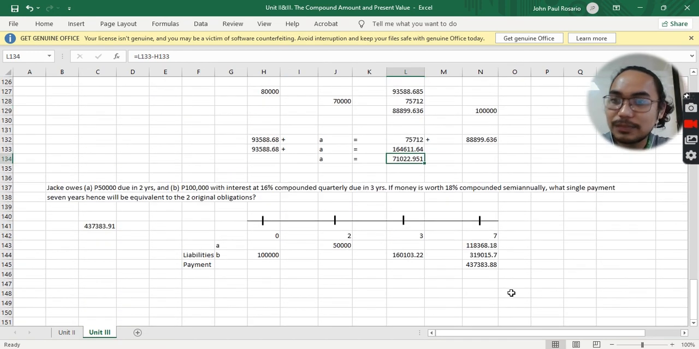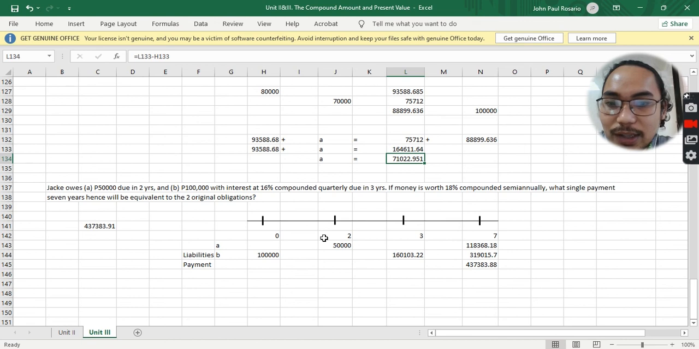Last example. Jack owes 50,000 due in 2 years and 100,000 with interest of 16% compounded quarterly due in 3 years. So how much does he owe? 2 years and 3 years. So that's 50,000 and... Okay, sige. So if money is worth 18,000 compounded semi-annually, what single payment 7 years hence will be equivalent to